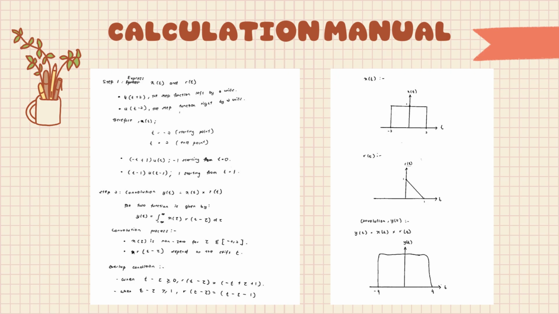Okay. So as we know, the rectangular pulse is between -2 and 2, and the piecewise linear signal starts at 1 when t equals 0, and is 0 when t equals 1. So we determine the ranges of integration by segment, where t is less than -2, t is more than or equal to -2 and less than or equal to 2, and